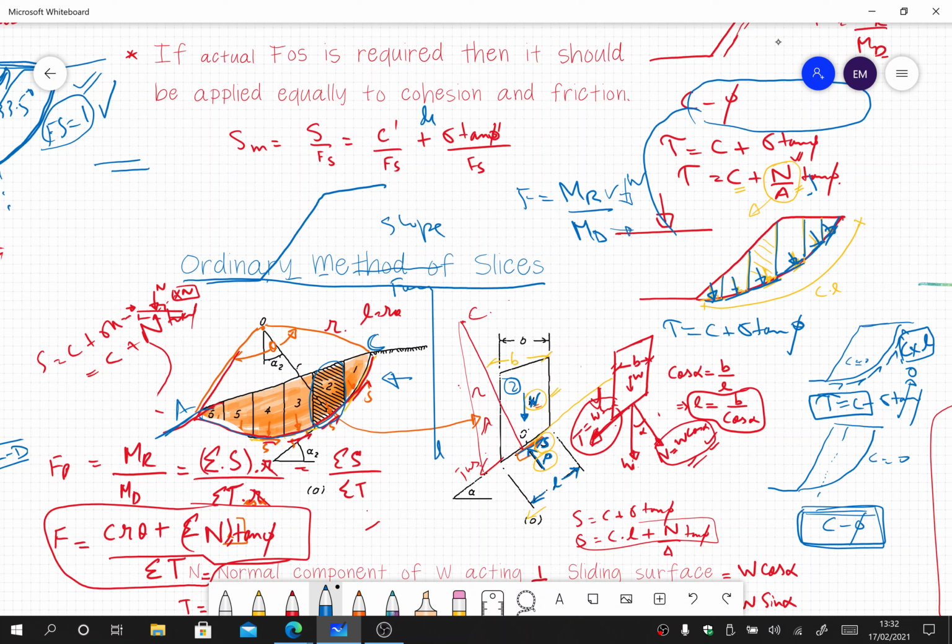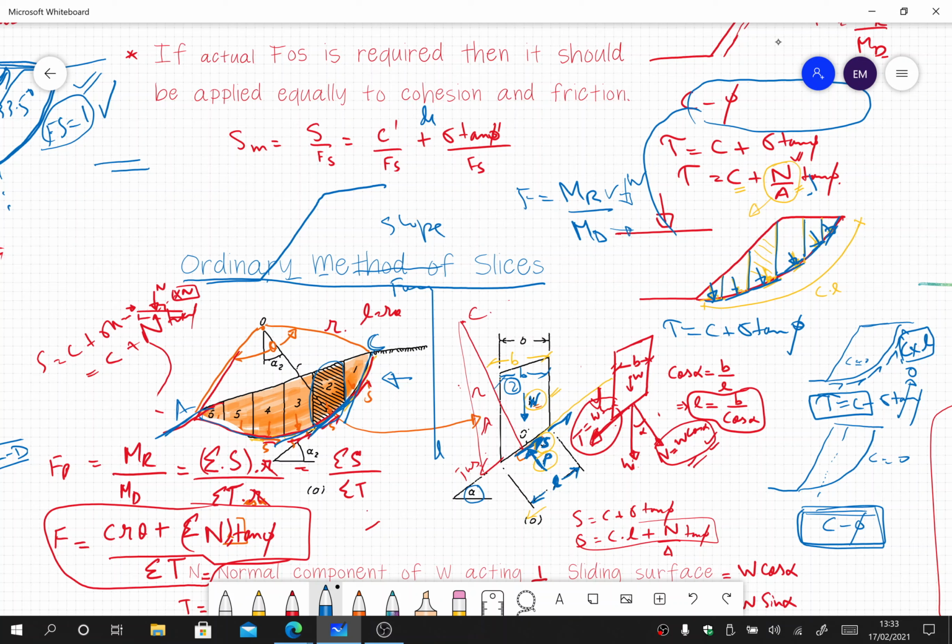Then we have the resistance force, the shear force, indicated by S, and it is acting in the upward or opposite direction. There is also a reaction force P that is developed at the base, and it is perpendicular to the failure plane. Along this particular slice the angle of the failure plane is alpha, and obviously it will be different for every slice. So for every slice, the alpha value, or the orientation of the failure plane, is going to be different. The width of the slice is B, the horizontal width, and the inclined length of the slice along the failure plane is indicated as L.